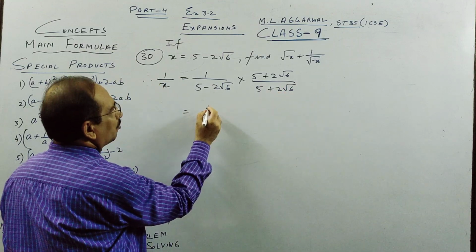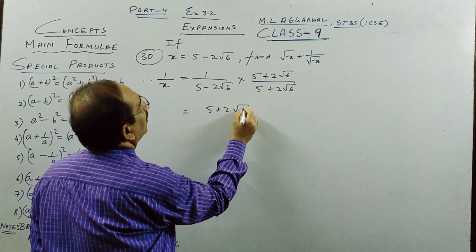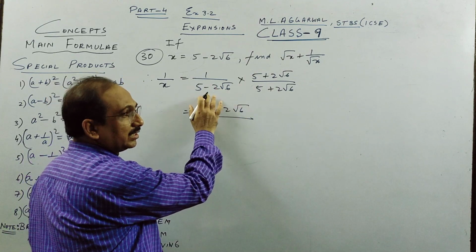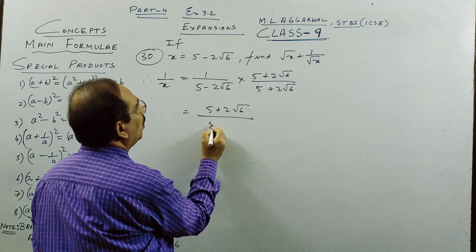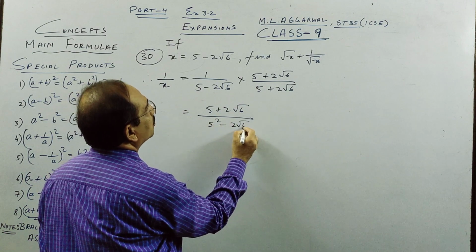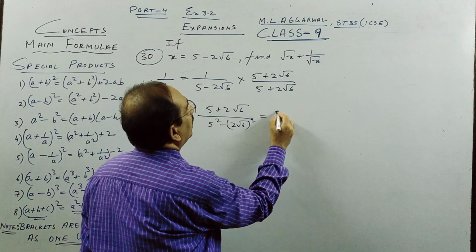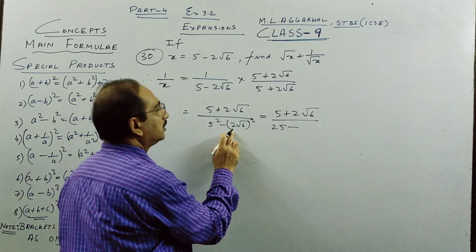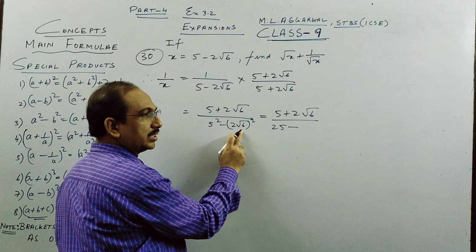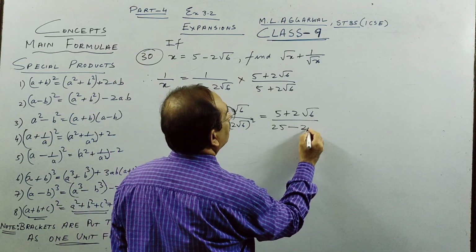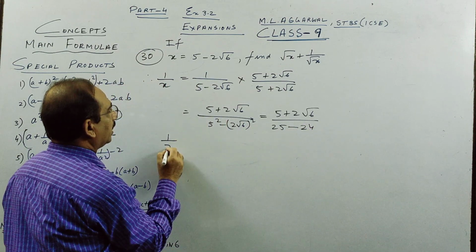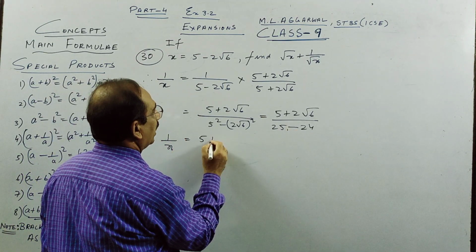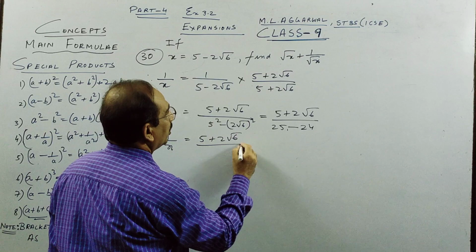So when you take plus, here see the denominator, we want to rationalize it, the irrational number will go. So it is a square minus b square. So if we expand this, what do we get? This is 25 and this is 2 square is 4, root 6 square is 6, 4 sixes are 24. So finally we get x as 1 by this, which will give you 5 plus 2 root 6 because the denominator